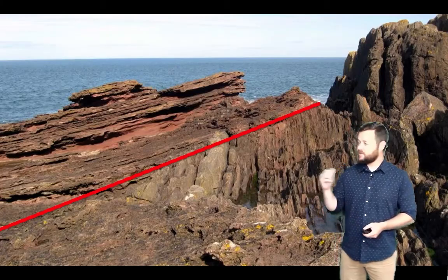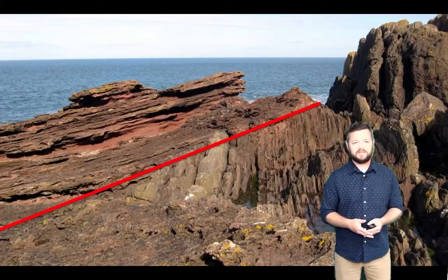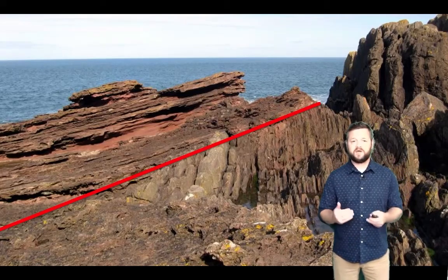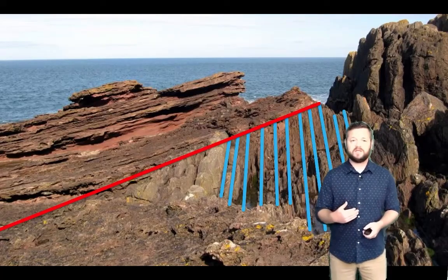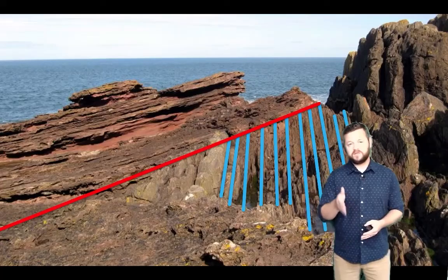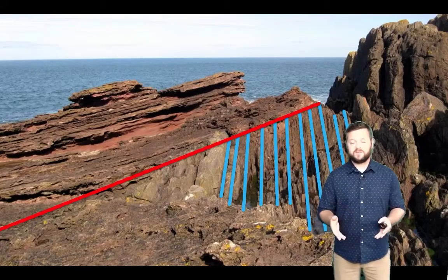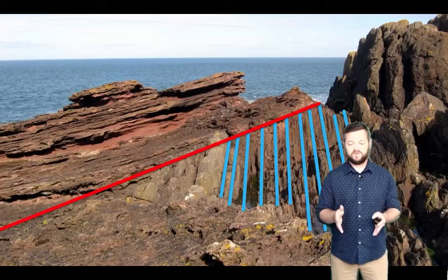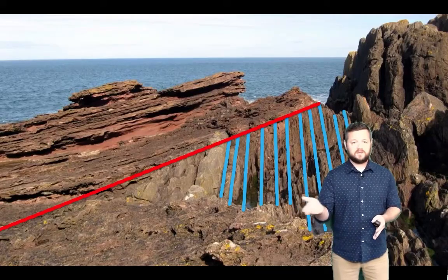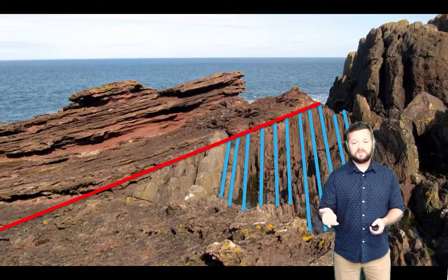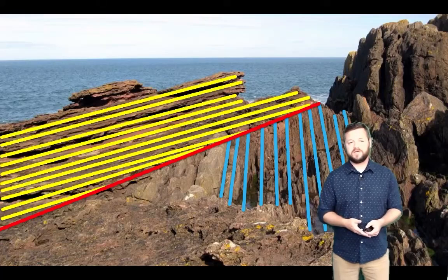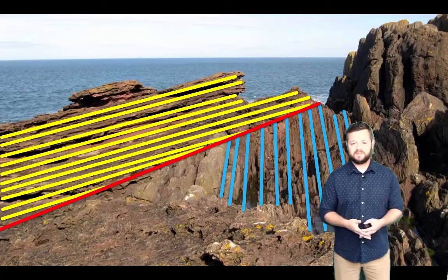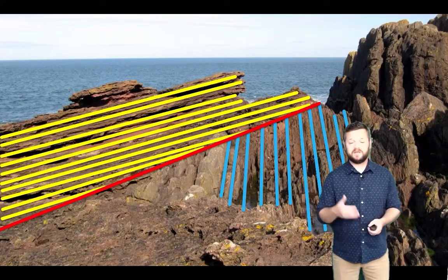The surface highlighted in red is the erosional surface separating two packages of distinctly different aged rocks. Beneath the red line are a series of vertically oriented rocks. These are sedimentary layers, so they would have originally been horizontal and have been tilted up to vertical. Then the surface was eroded and new sediment was laid down on top of it, highlighted by these rocks, indicated